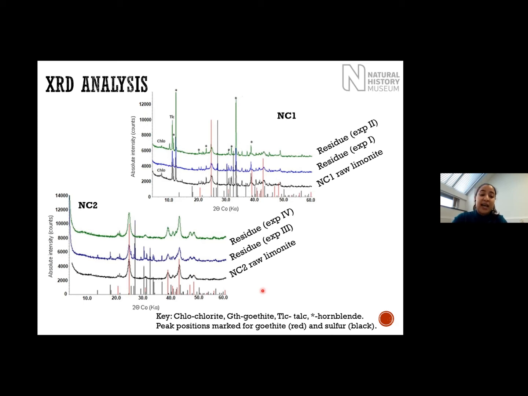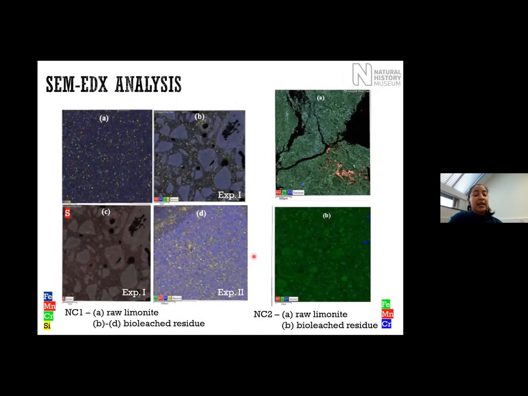The only phase that appeared in these XRD patterns is the sulfur, but this is the sulfur that was added at the beginning for the biomass growth. We also did some SEM analysis, and here the blue represents the iron distribution, red the manganese, chromium is the green, and silicon is the yellow. This is the raw limonite, and this is the two leached residues. Here is just to show the sulfur distribution. So you can see that the sulfur that we added for the biomass is all over the surface of the